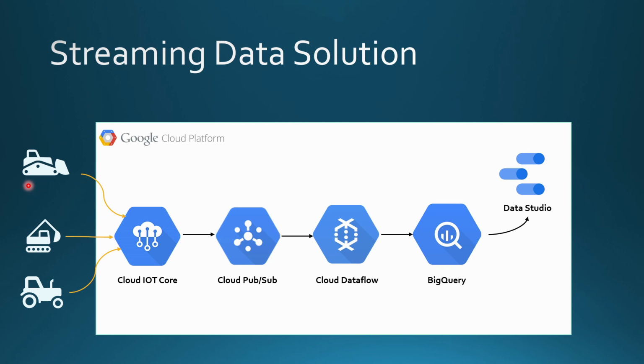Basically, vehicles will connect to the IoT core, and IoT core is merely a broker between your cloud PubSub and the vehicles, which have the IoT device. It streams the data from IoT core to PubSub, and PubSub can handle massive amounts of streaming data as opposed to BigQuery, and we're going to get to that in the question that we're going to discuss.